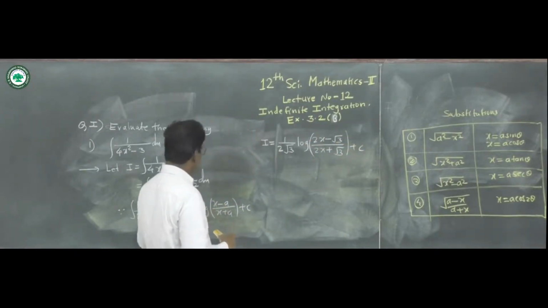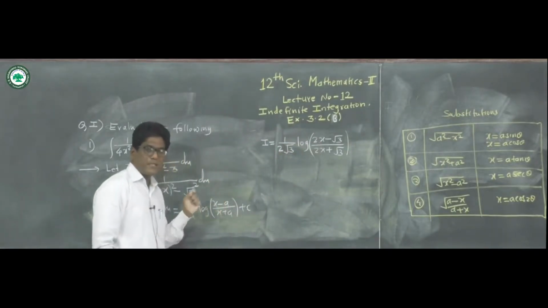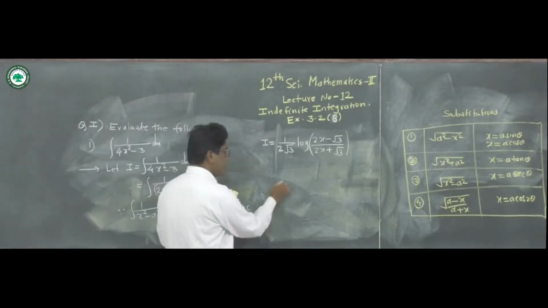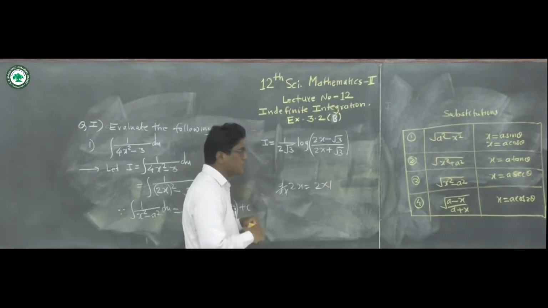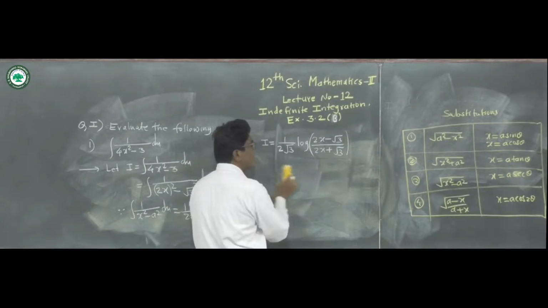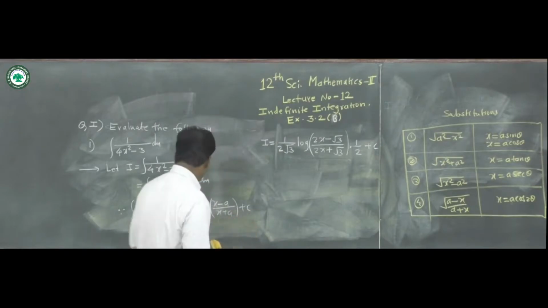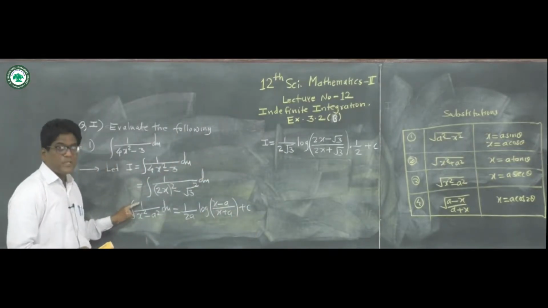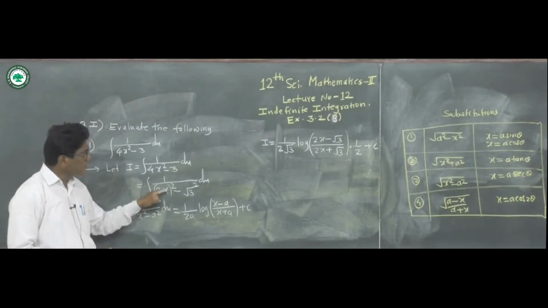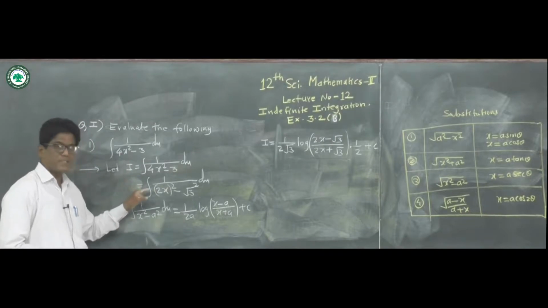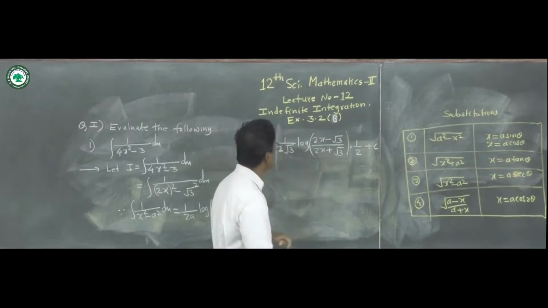And here in place of x there is 2x, so we take the derivative of 2x. What is the derivative of 2x? Derivative of 2x is 2 into derivative of x, which is 1, that is 2. So we divide this by 2, means here we write 1 upon 2 plus constant of integration. We use the standard formula, but in place of x there is 2x, so we take the derivative of 2x, that is 2, and divide by 2.